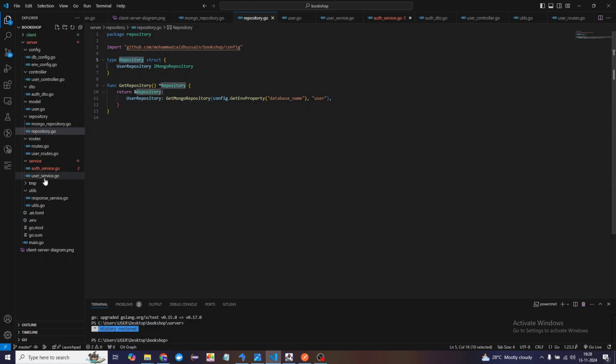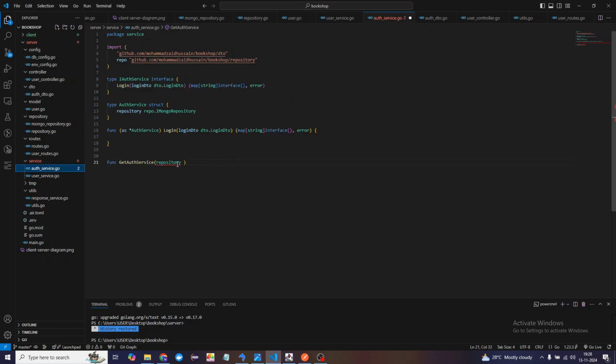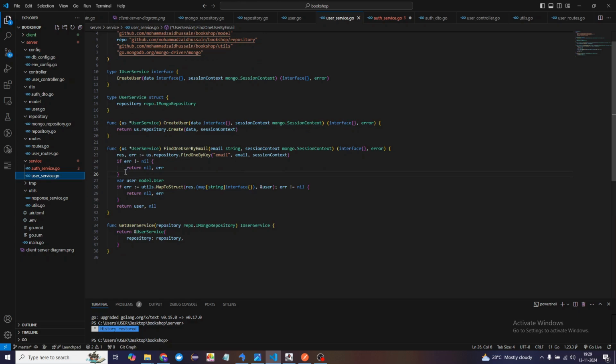For that, okay, user repository is there. So I'm just going to type repo.Repository, right? Next, I need the user service here as well. So user service, and it is going to be of type IUserService, right? So finally it is going to return IAuthService, fine. And then, as we did in user service, we are just going to say